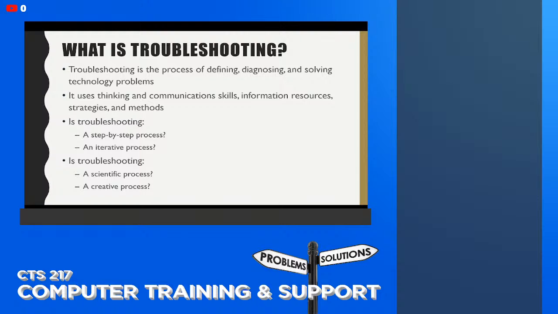And when we have this idea here of, well, is troubleshooting a scientific process or a creative process, right? And I just mentioned the scientific method, right? And to some degree, yes, right? Like, there's a lot of heavily scientific reasoning that's rooted in the troubleshooting process, but it also is a creative process,